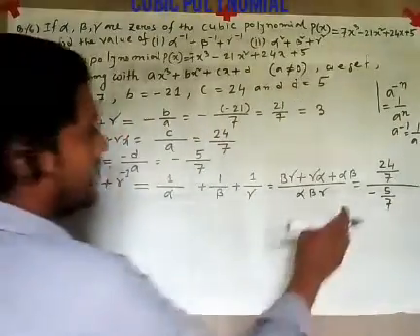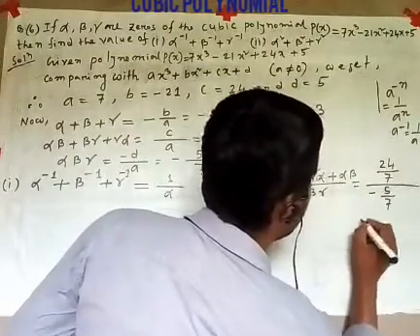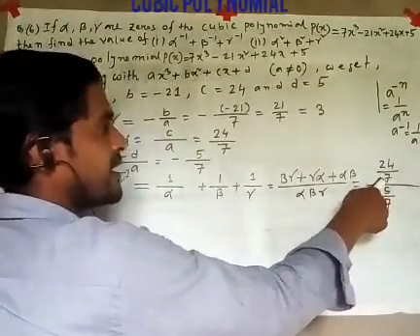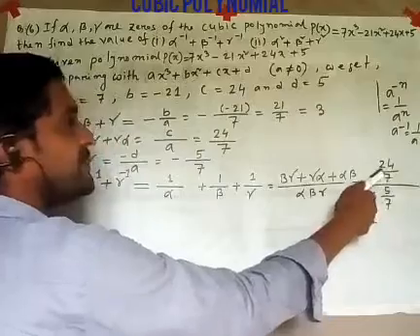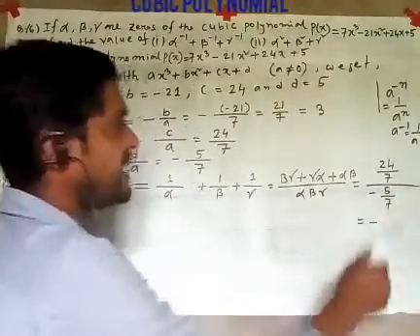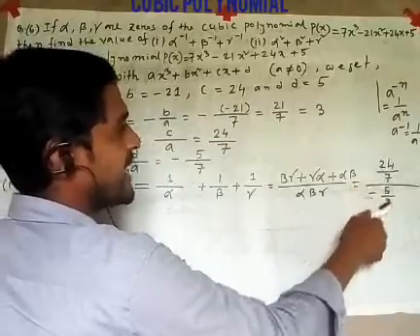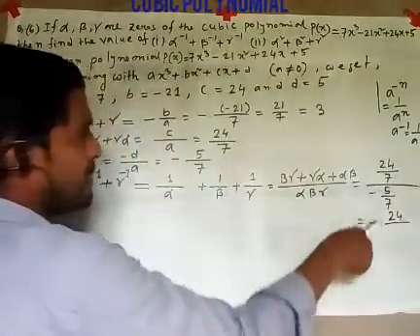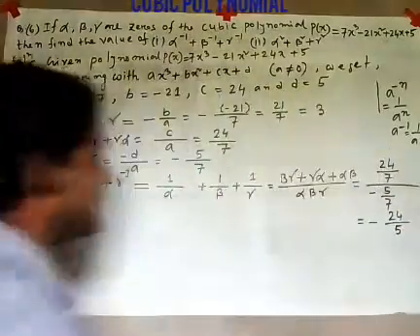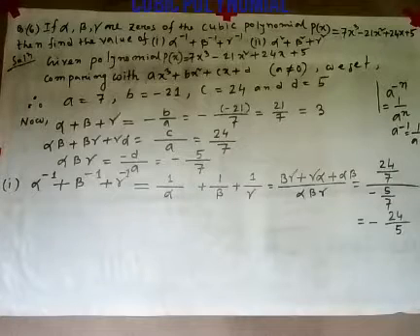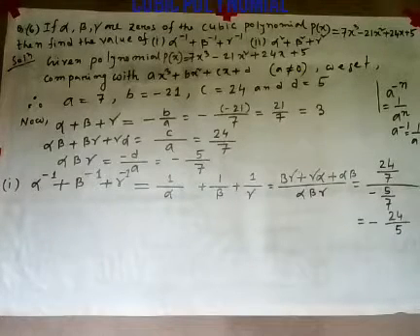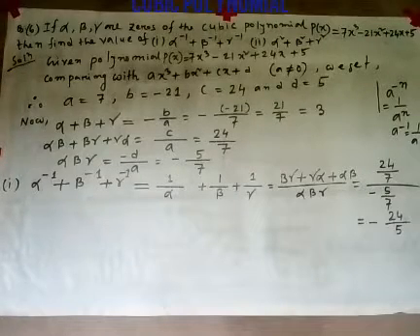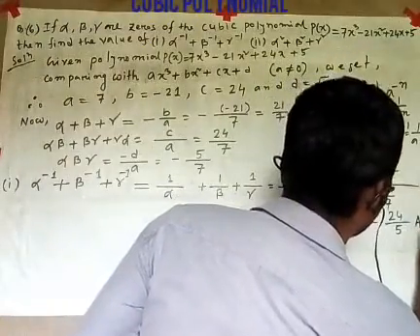What we can see, here is a minus symbol, so we can put this minus symbol here first of all. Then 7 denominator, here also 7 denominator. 24 by 7 means 7 is the denominator, and 5 by 7 means 7 is the denominator. So the denominators cancel. What remains in the upper portion? 24. What remains in the lower portion? 5. So minus 24 by 5 is the first answer for this question Roman 1. So this is one answer.